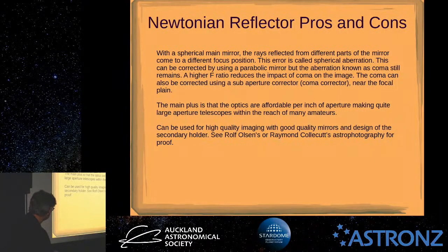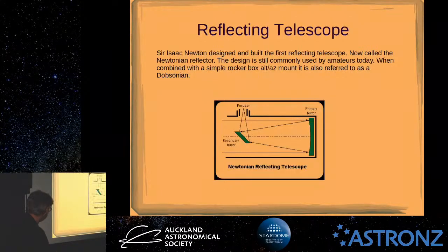And if I bring it back, find the right slide. So